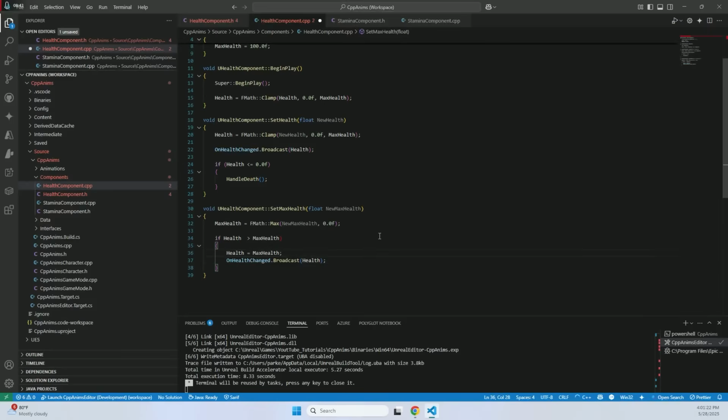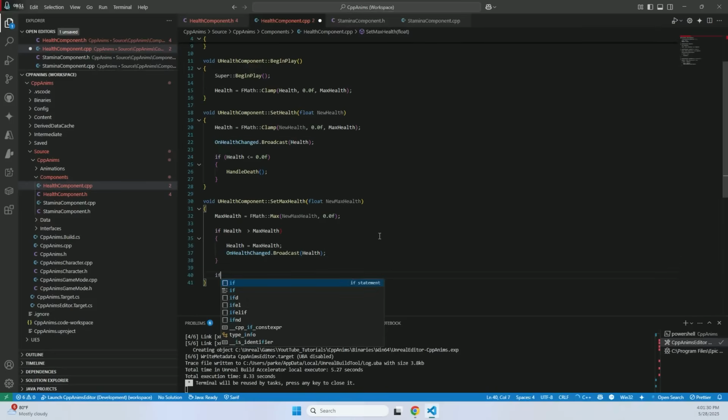So we basically are clamping it. And then we want to call health change because technically we just changed the health. Now let's check to see, actually we want to do that in here since it changed. We want to say is dead, and then we'll handle